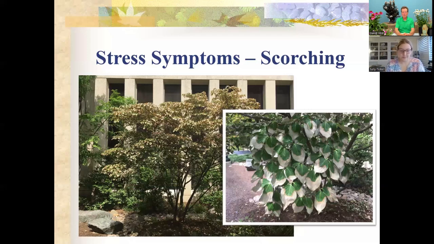Oftentimes, what Astilbe will do for you is they go into a summer dormancy. This doesn't mean that the plants are dead, but under hot, dry conditions, the top of the plant basically shrivels and dies up. But as long as we don't go too extreme before getting some moisture to them, they'll come back next spring and produce new growth for you. It's hard to get anything that's going to do quite that same kind of color, flower, texture.